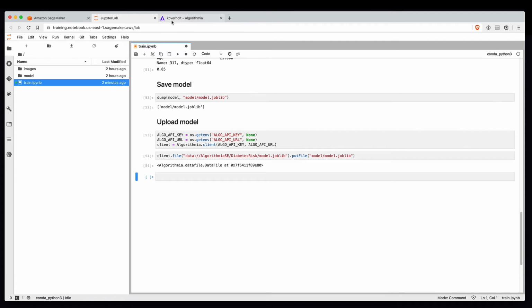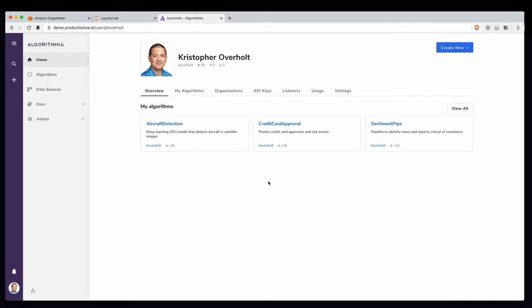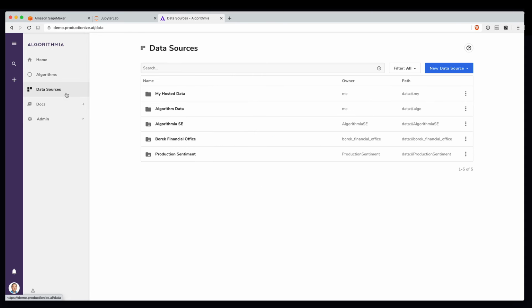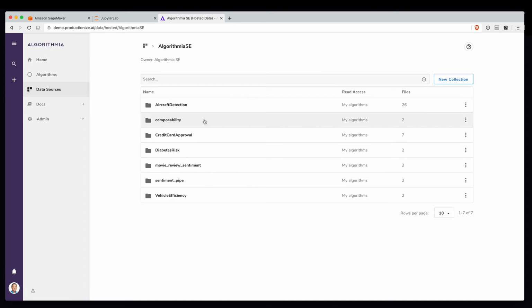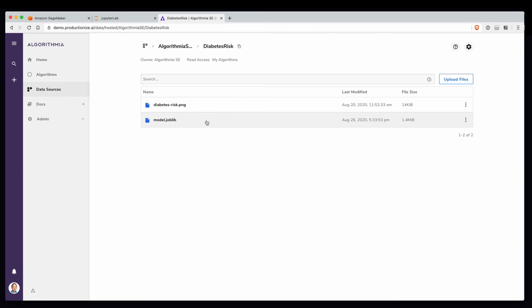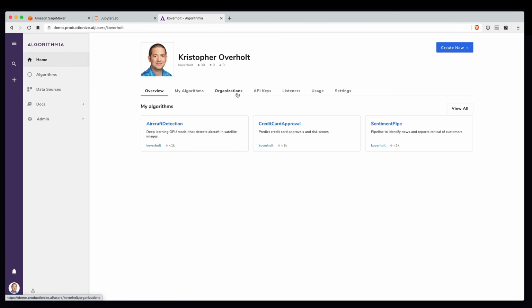Now I can go into Algorithmia and view the saved model in the hosted data collection. So I'll click on the Data Sources tab and then navigate to my organization, and I can see a data collection for diabetes risk, and there is my serialized and trained model that is ready to be loaded into an algorithm. So let's take a closer look at an algorithm that I've created that uses this trained model to serve